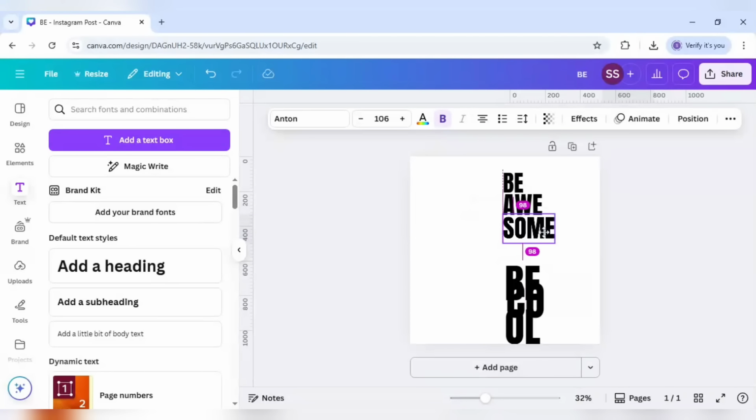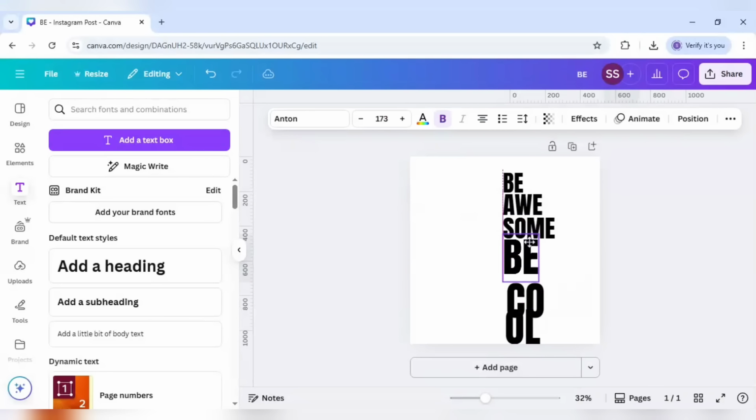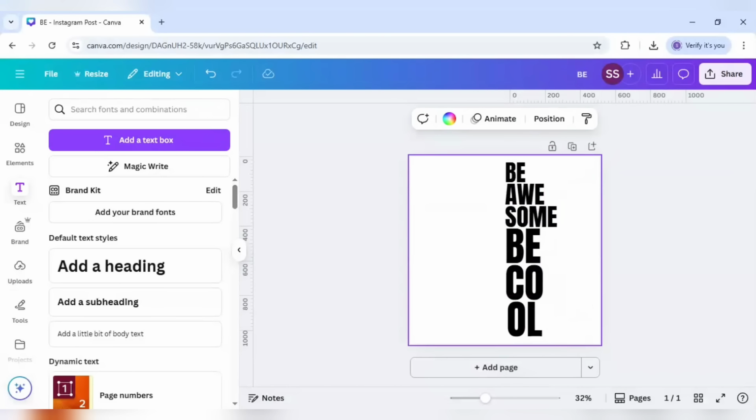So let's align it here one by one. Make sure the gap is intact for all of them. Okay, and for the last one let's do this. Okay, and just select all of them and just move upwards a bit, and after that we will use the